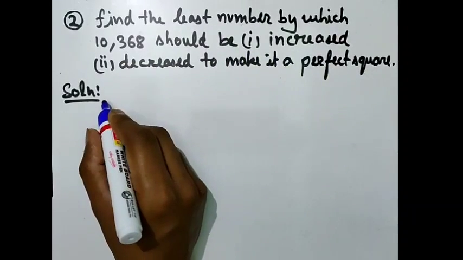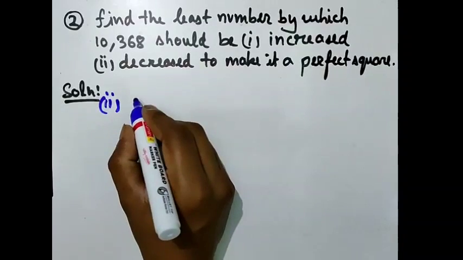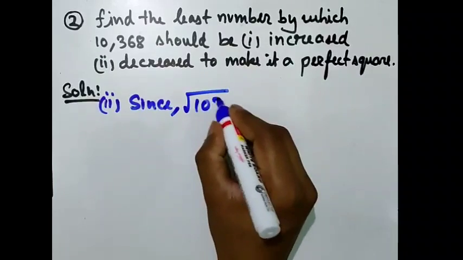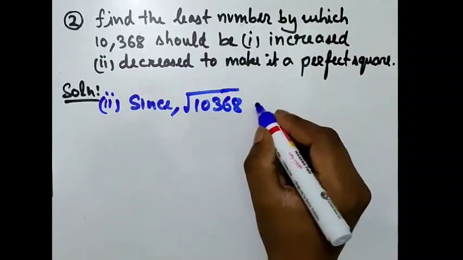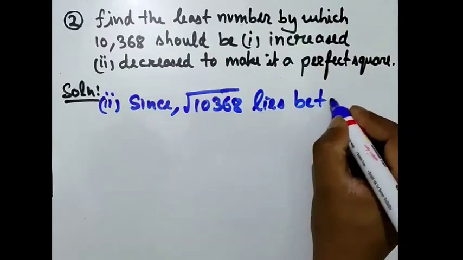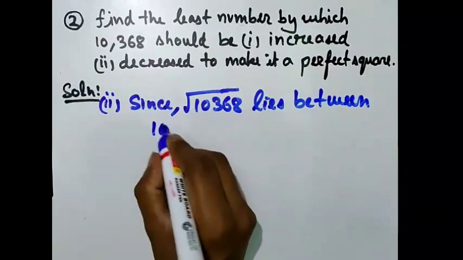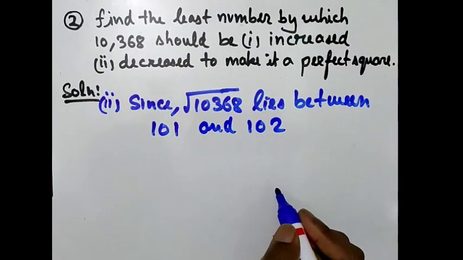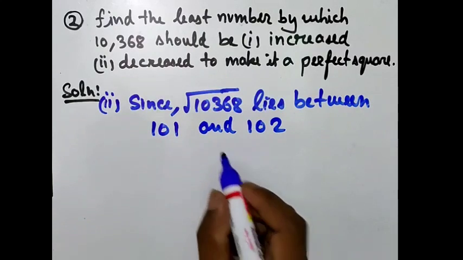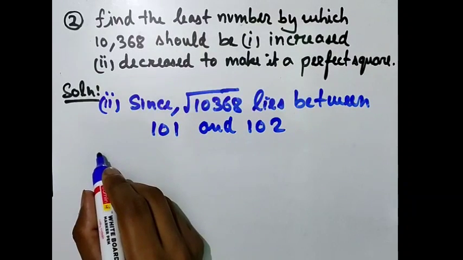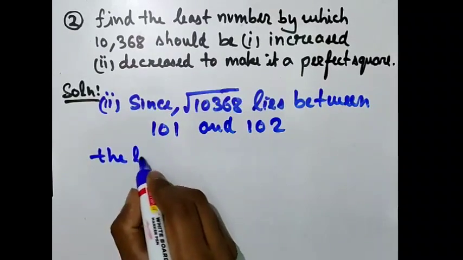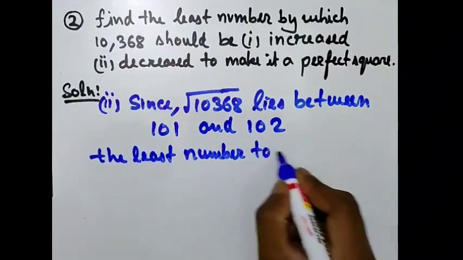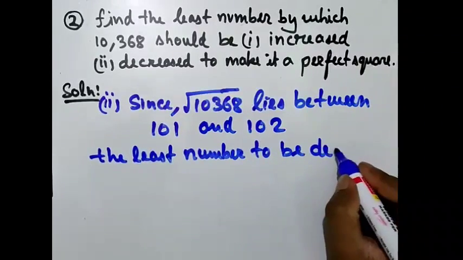So we can say, since the square root of 10,368 lies between 101 and 102, right? So the least number to be decreased,